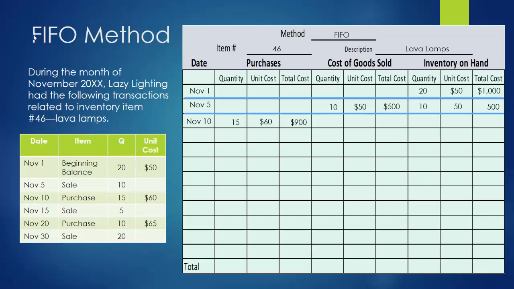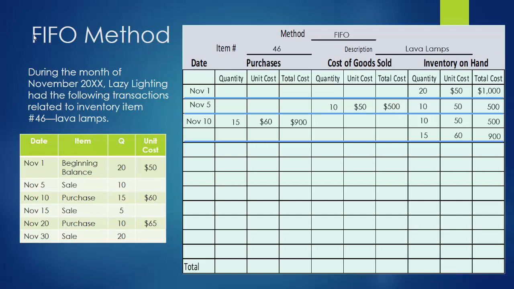We're going to keep an individual record from each purchase that we had so we know what our oldest inventory is. To do this, bring down everything you have already. Well, what do we have first? We have those 10 $50 lava lamps with a total cost basis of $500. That's going to be our first layer. Then we're going to add a new layer for our new purchase. What did we just purchase? We purchased 15 lava lamps. It's $60 a piece, and the total cost of that purchase was $900. So yes, we have 25 lava lamps, but we're carrying them in two separate layers, the $50 lava lamps and